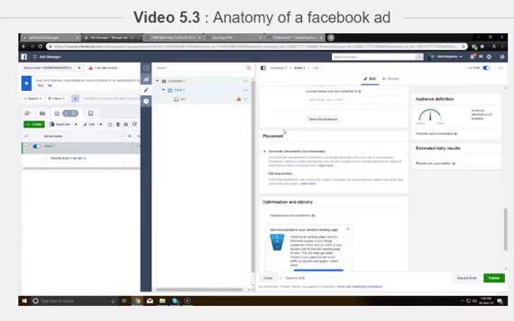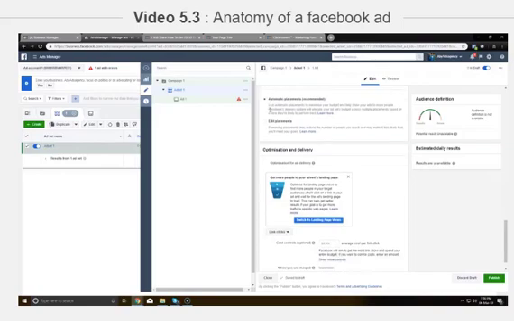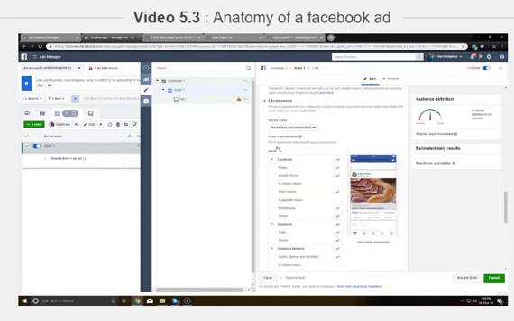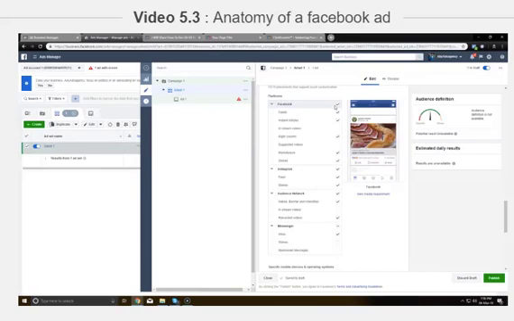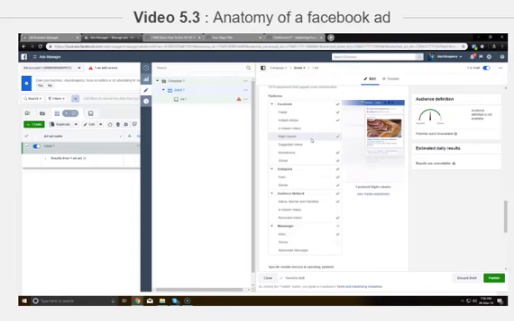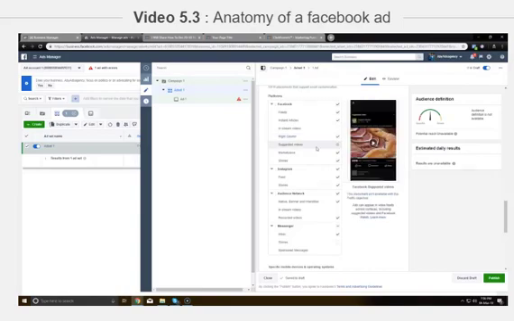You can also select placements. This means where all you want to show your ad. By default, it's automatic. You can set that to edit placement, and basically what it allows you to do is select where all you want to show the ad. You can show it on Facebook feeds, instant articles, like instant articles means these things. In-stream videos means you probably know about the videos which everybody hates, like the ad is starting soon, that one. Right column, the right hand side, as you can see here, suggested videos,